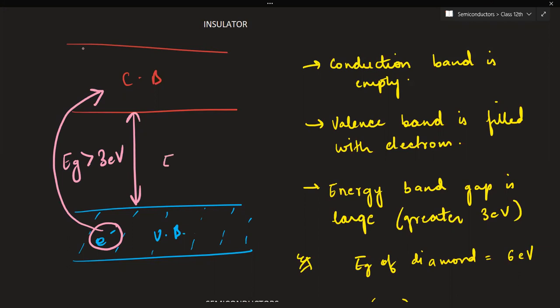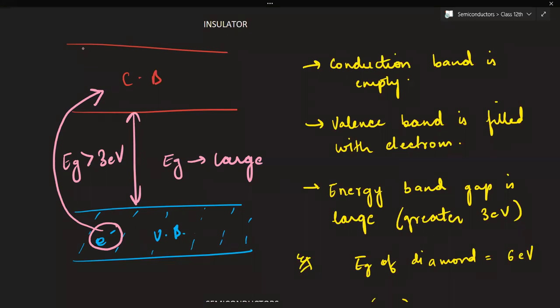It means this energy gap is large. For example, the conduction band is empty, the valence band is filled with electrons, and the energy band gap is large, greater than 3 electron volt. One very good example is diamond. The energy gap for diamond is 6 electron volt, so you can easily identify that diamond is definitely